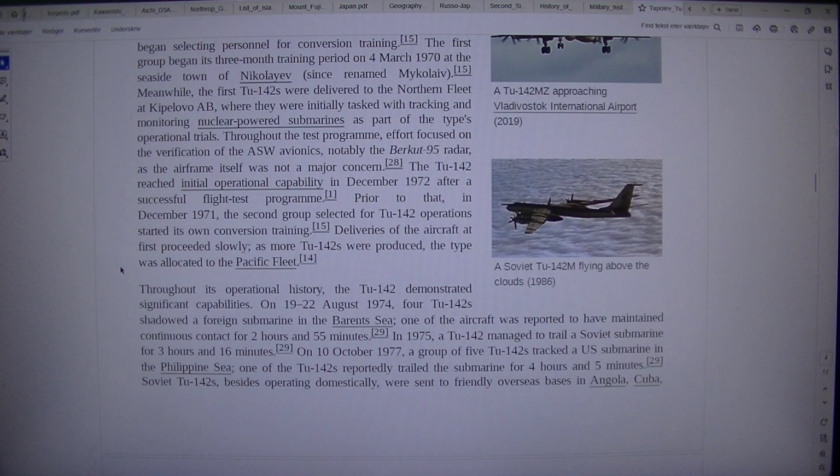On the 10th of October, 1977, a group of 5 Tu-142s tracked a U.S. submarine in the Philippine Sea. One of the Tu-142s reportedly trailed the submarine for 4 hours and 5 minutes. Soviet Tu-142s, besides operating domestically, were sent to friendly overseas bases in Angola, Cuba,